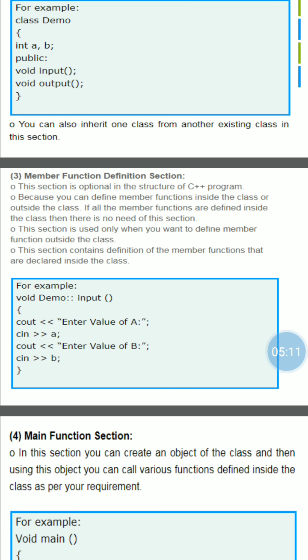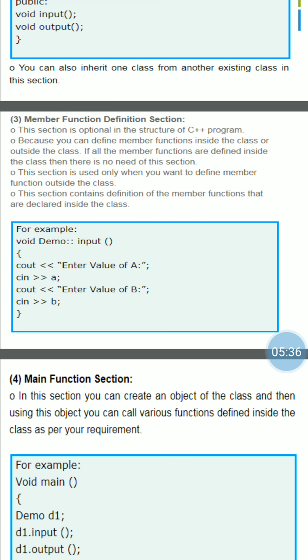Okay, member function definition section. You define the member function inside the class, otherwise outside the class. If we define the function inside the class, then there is no need of the class name. But if you want to define the function outside the class, then we need to use the name of the class.